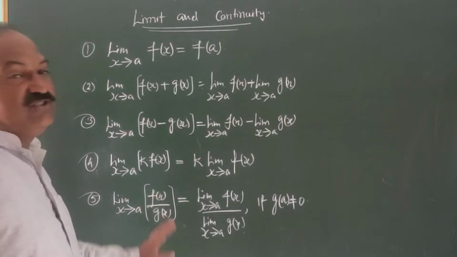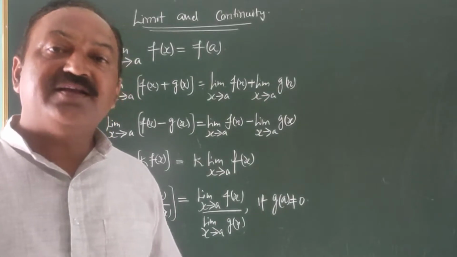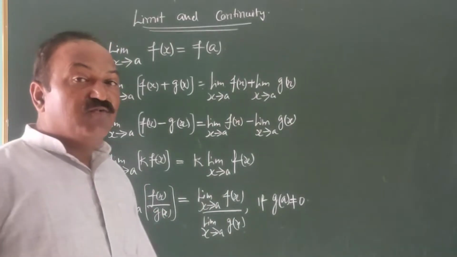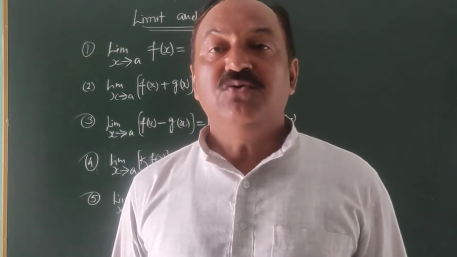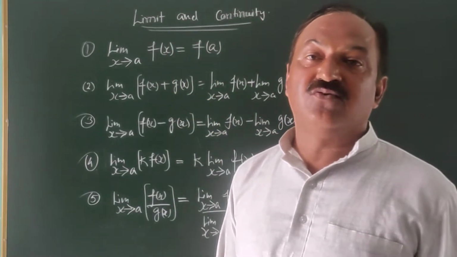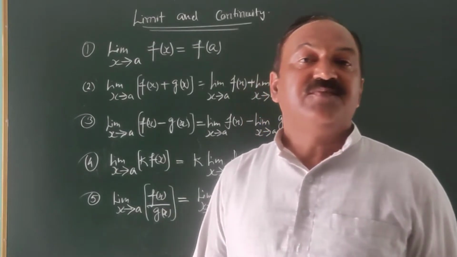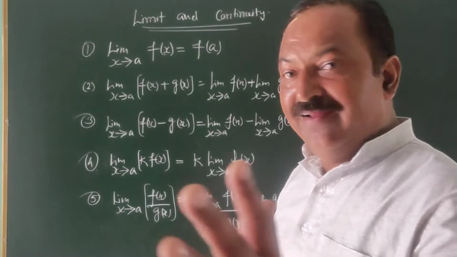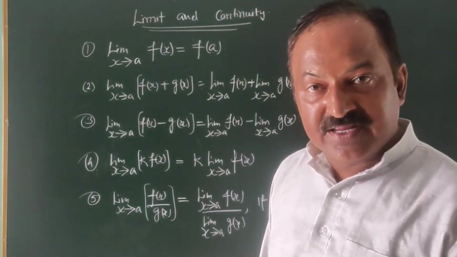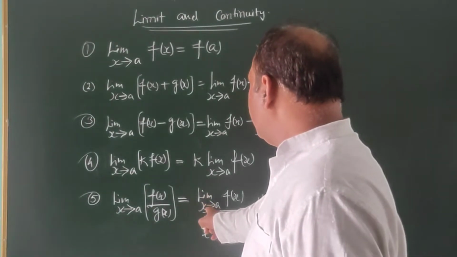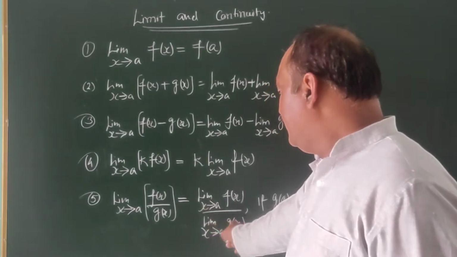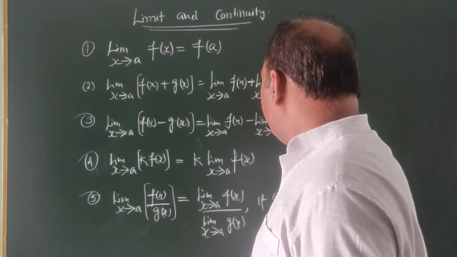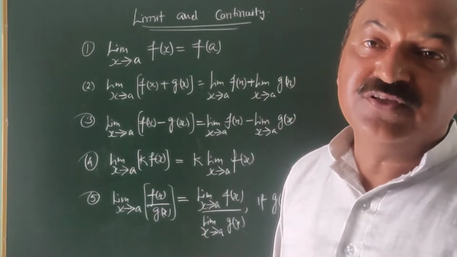चेंज f of x अपॉन g of x। आपको कैलकुलेशन करनी होगी, फैक्टर करने होंगे यदि ये क्वाड्रेटिक फंक्शन है या पॉलिनोमियल फंक्शन है, और वो फैक्टर जिसकी वजह से ये डिनोमिनेटर 0 हो रहा है उसको डिलीट करना होगा, उसको कट करना होगा। उसके बाद हमने ये फंक्शन इस प्रकार का जो है वो फार्मूला लगाना है। तो यदि g of a की वैल्यू 0 नहीं है तब हम सेपरेट लिमिट ले सकते हैं, न्यूमिनेटर की अलग और डिनोमिनेटर की अलग, जैसे कि लिमिट ऑफ x अप्रोचेस टू a f of x की सेपरेट डिवाइडेड बाय लिमिट ऑफ x अप्रोचेस टू a g of x की सेपरेट लिमिट इफ प्रोवाइडेड g of a is not equal to 0.